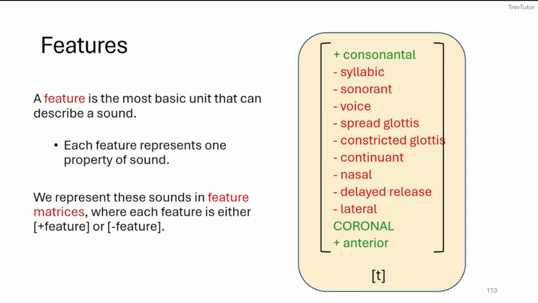So for example, T is a consonantal sound. It is not syllabic, it's not sonorant, it is not voiced, the glottis is not spread, the glottis is not constricted, this is not a continuant sound, this is not a nasal sound, this is not a sound with a delayed release, this is not a sound with lateral airflow. It is a coronal sound, this is a place of articulation, and under the coronal specification, this is an anterior sound, which means it's a little bit more forward than other coronal sounds. So if you didn't understand that, that's fine,